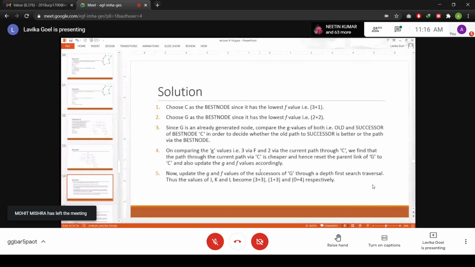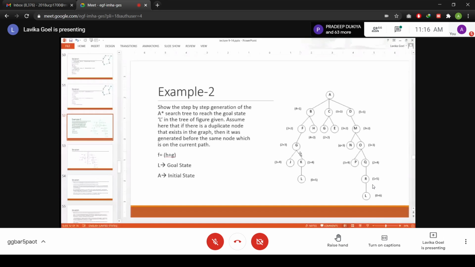Since this G belongs to the closed list, you have to update the G and F value of G also, and the children of G also. There are 3 children of G: J, K, and L. Fine. So you have to update the G and F values for G and for J, K, and L also. And you have to just reset the parent of G to C. So parent of G will not be F now, it will become C.